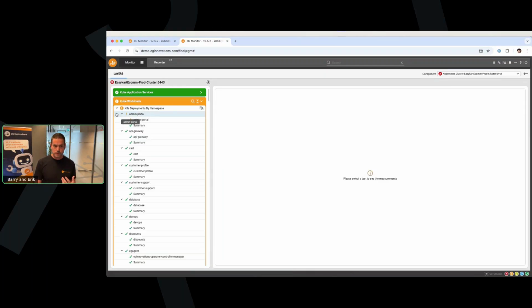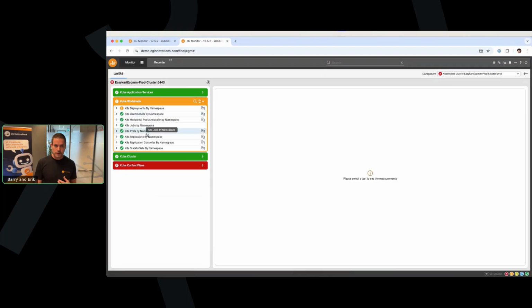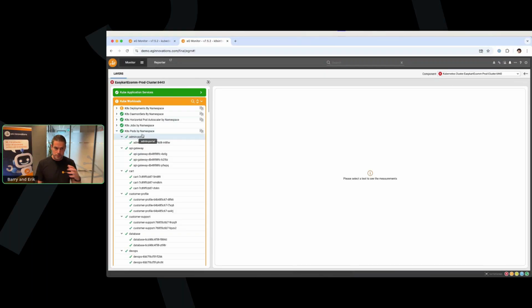And if we now switch to one of the other layers, we also see alarms over there. It's the Kube workloads layer. Now, over here, you can see a lot more specifically built tests to do basically health checks and metric collections of all different kinds of components of the Kubernetes cluster, a lot of them already mentioned also by Arun. I will just handle two for now, as we are a bit time constrained.